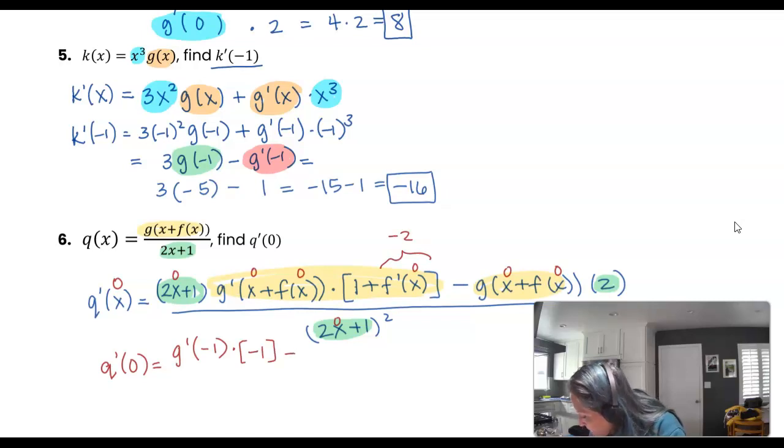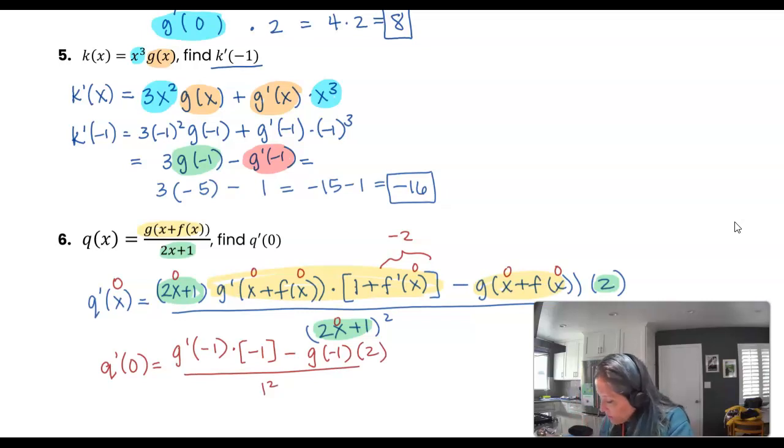All right, minus, we already said that that's going to be g of negative 1 times 2. This is all over 1 squared. All right, so we need these two things, g prime of negative 1 and g of negative 1. Did we find those before? Yes, we did. So I'm just going to steal them up from here. So we have g prime of negative 1 is 1. So we have 1 times negative 1 plus,